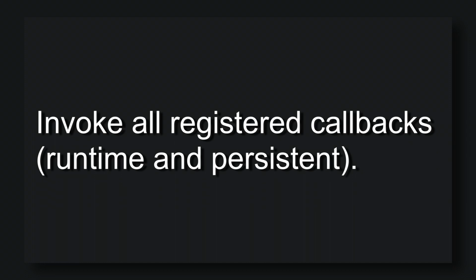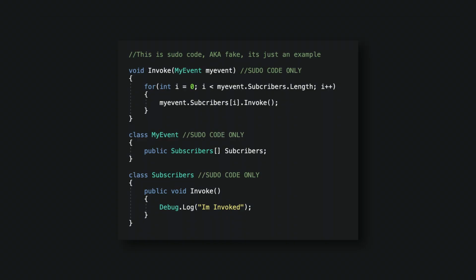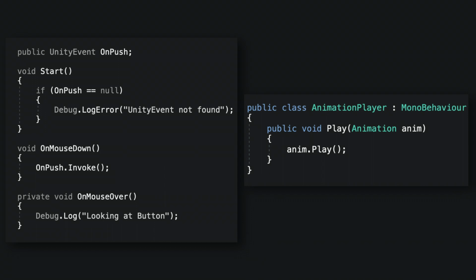Now I generally prefer a definition not to contain the word itself it is trying to explain. Simply put, invoke can be thought of as a for loop calling all functions or objects that are subscribed to the event. And since we will want to play an animation with our new button, we will also create a